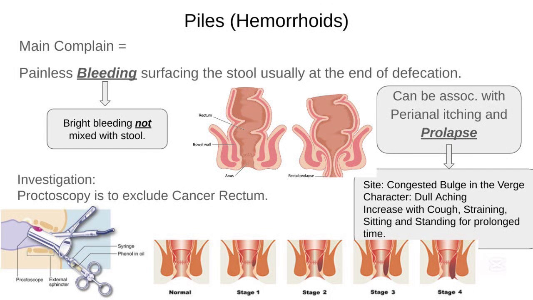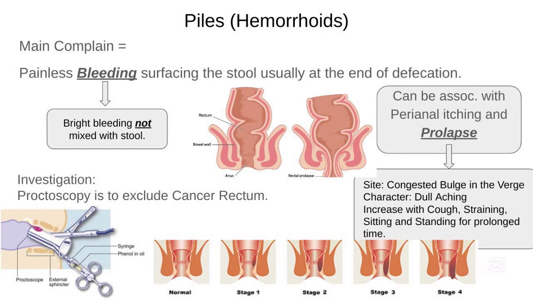We classify internal hemorrhoids according to their severity into grades: grade 1, 2, 3, and 4. Grade 1, there is no prolapse, only bleeding is noted. Grade 2, prolapse with defecation but reduces spontaneously. Grade 3, prolapse with defecation and requires manual reduction. Grade 4, irreducible prolapse with potential strangulation or thrombosis.